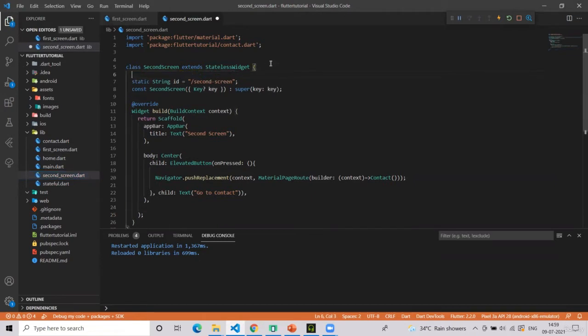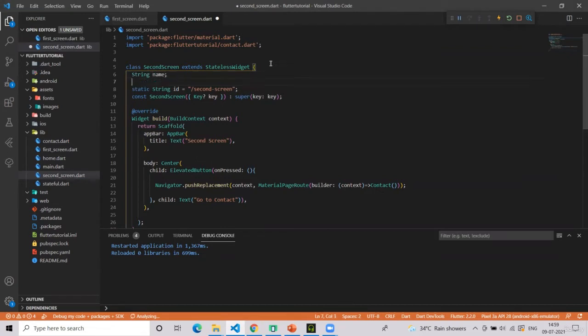Here, first, I will have an instance variable of string name, and then I have to declare a constructor which will accept this value and assign that to the variable.